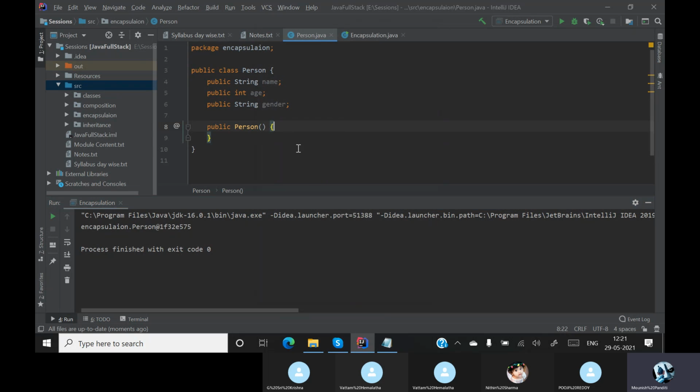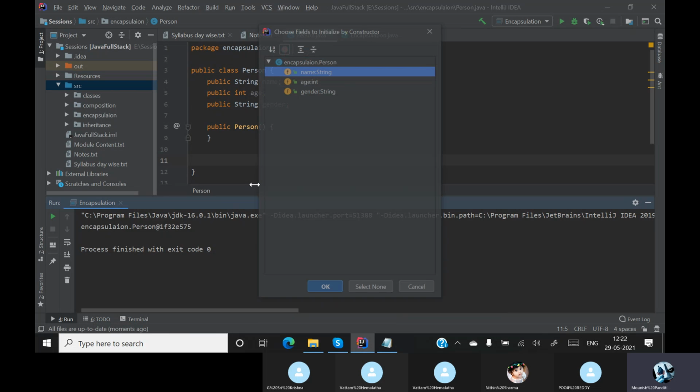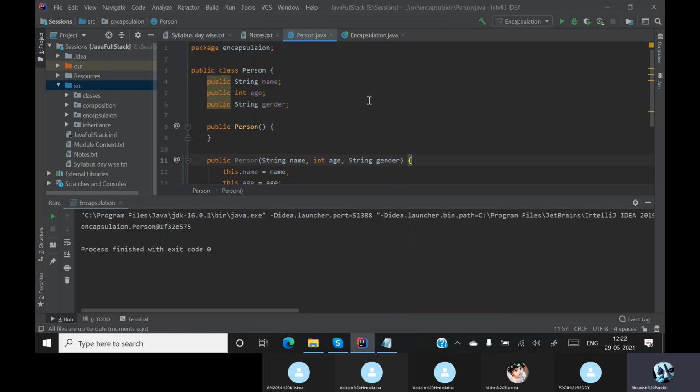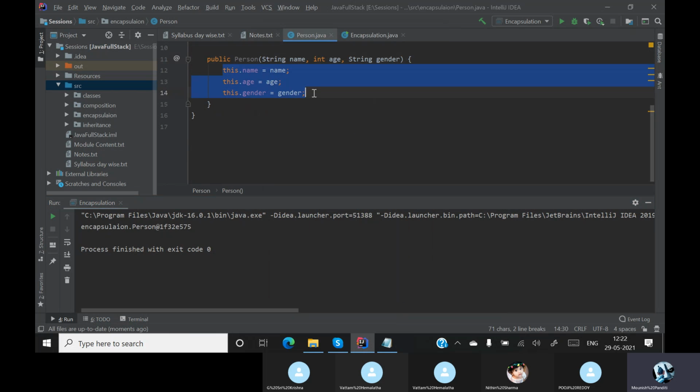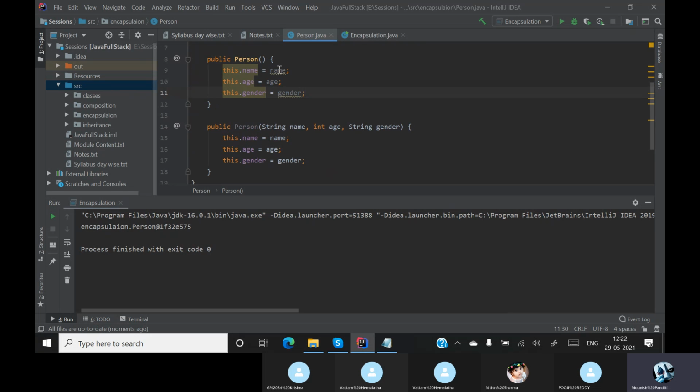A constructor with no details. Let me create a constructor again with all the details. I'll copy this and paste it over here so that I'll have my values.